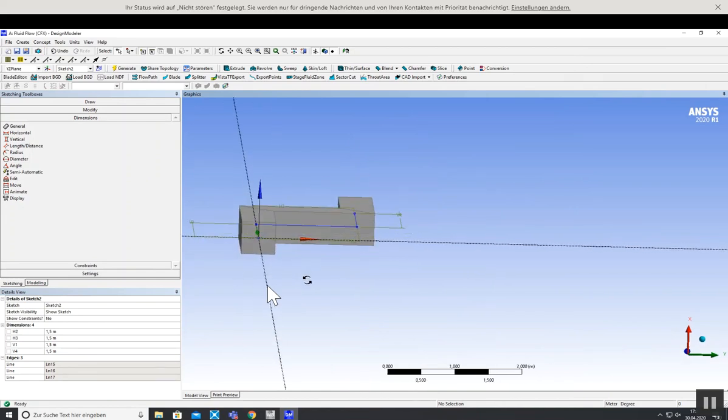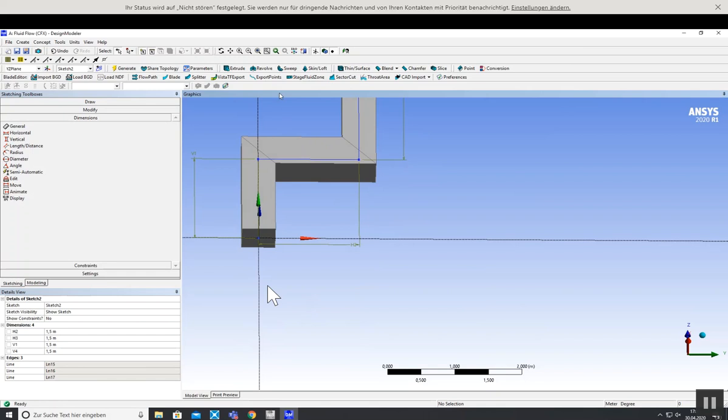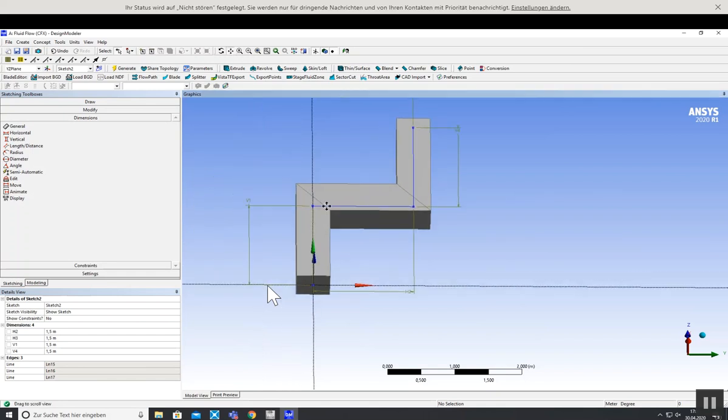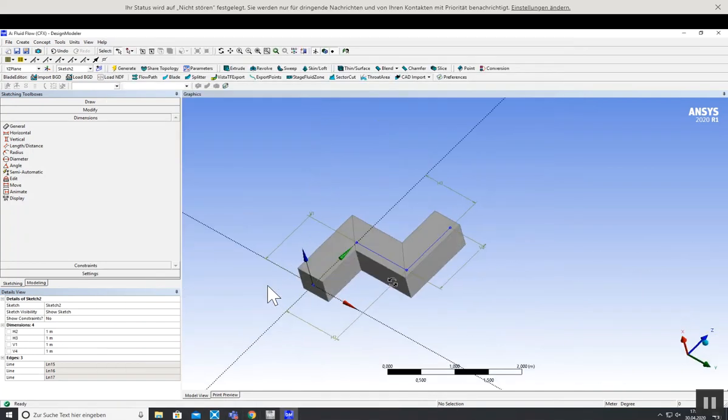I know, here's one little bug, and that's important for the result later. I have to make this a little bit shorter, because I took the middle point here, so I have to change this to 1 meter and this to 1 meter. Generate. Now it looks a bit better, and we change this also to 1, 1, and now it looks pretty cool, like our result. It's finished,